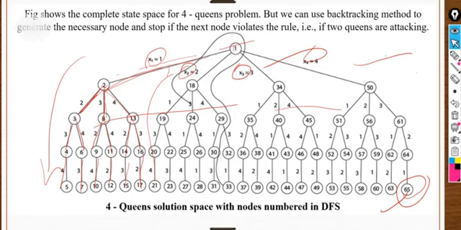I'm just writing it over here. 1 as the first node. 1 plus, how many possibilities at the second level? 1, 2, 3, 4. So second level, 4 possibilities. Now for the third, how many times do we have to traverse? 1 I've already covered, so 2, 3, 4. All the nodes at this particular level have 3 options to move.